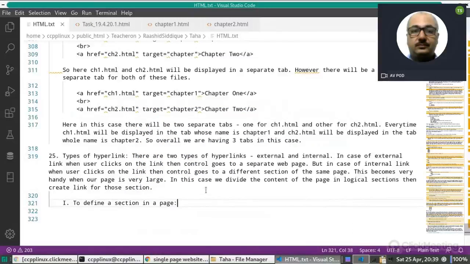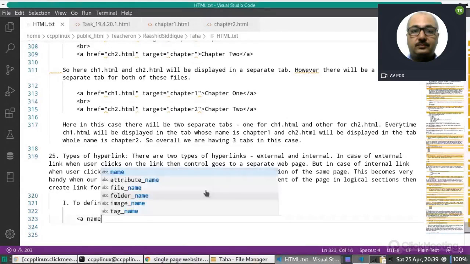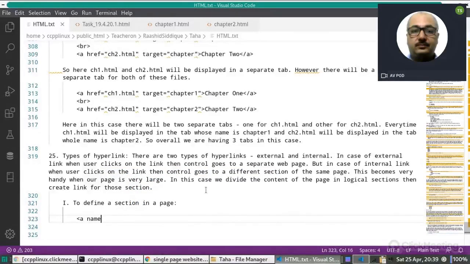It is very simple. It is also created with the A tag. So the syntax is this: a, name equal to, just see, we are not using href equal to, and then section name,